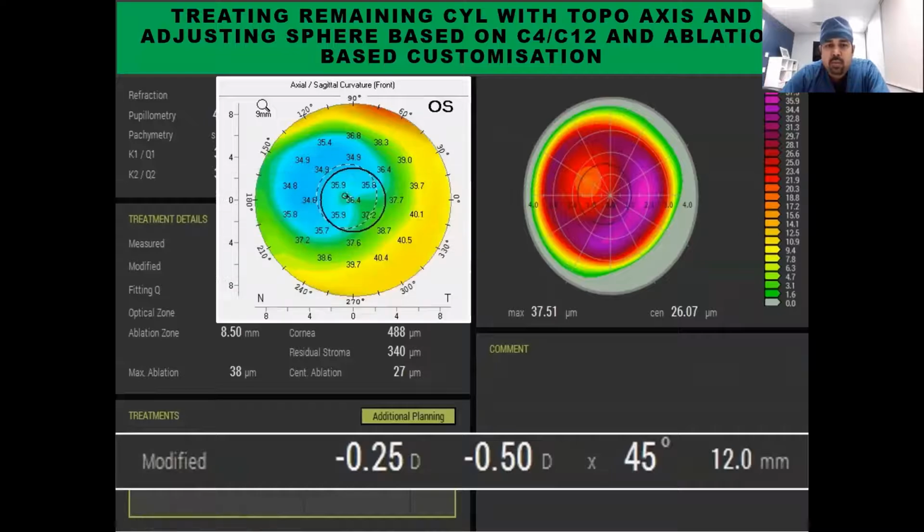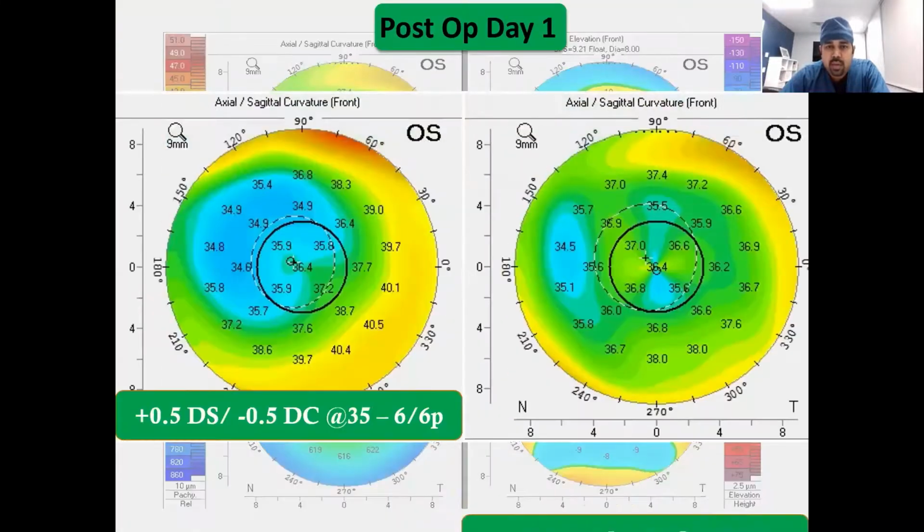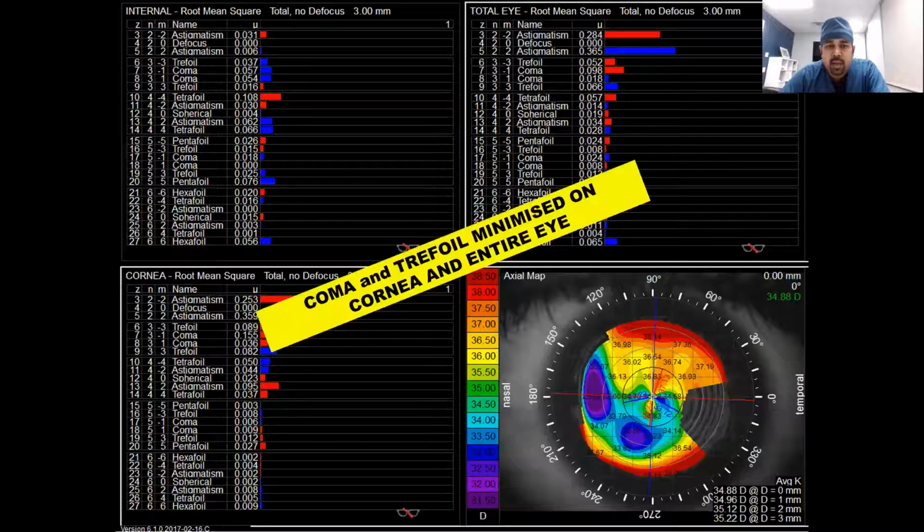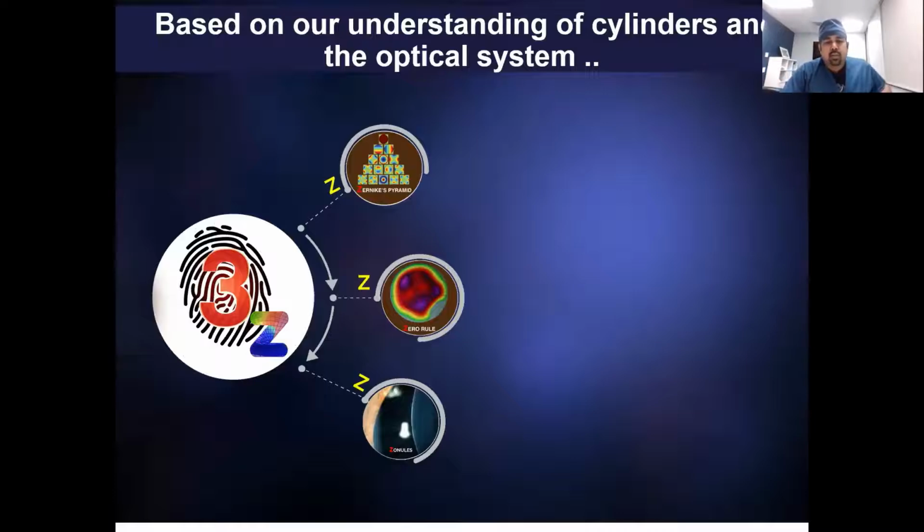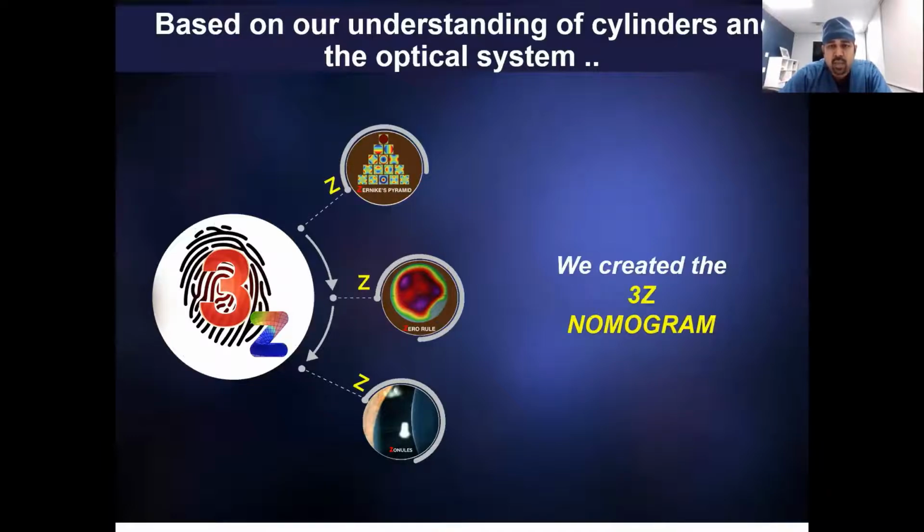But this is not possible in each and every scenario, where you can calculate the coma, cylinder, and everything, and plan a treatment like that. So what we devised was, based on these 3 things: the Zernike analysis of the cornea, the zero rule, which is the amount of ablation that happens for a zero refraction, and the state of the lens in the eye, we devised a 3Z nomogram, which was, say, after the John Kanellopoulos nomogram. The next one which came in was the Forsidis rule, which had a significant component of posterior corneal astigmatism. So we also analyzed that component in our study.